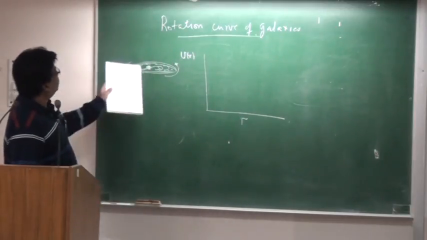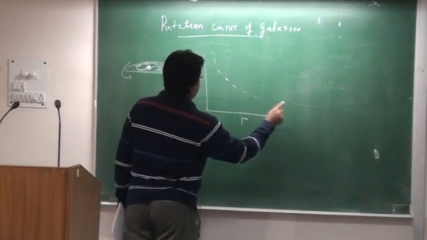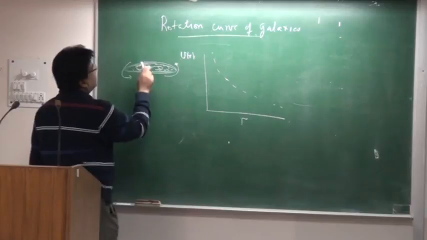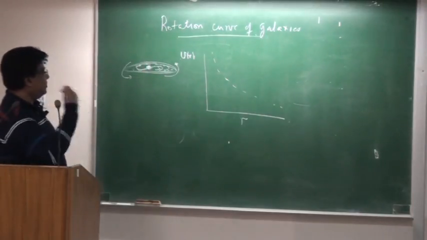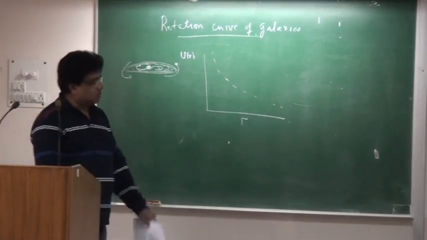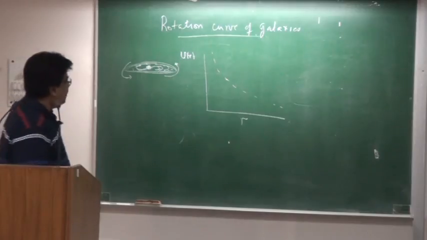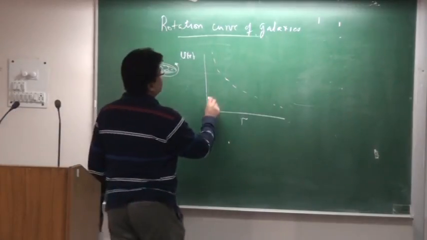And what you expect is that it should go down. Because you have lots of stars in the center, and if there is dust moving around, then it should obey the same type of relation, which goes as 1 by square root of R. So this is expected. What is seen actually is